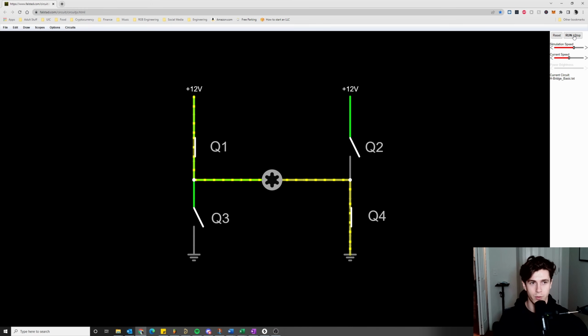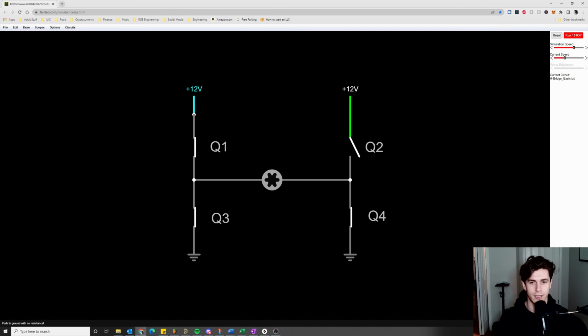Note that when I click run, we see that by closing Q1 and Q4, we have created a pathway to ground through our motor that causes current to flow from left to right through our motor. Now, it's very critical during this time that switches Q3 and Q2 remain open, because let's say I were